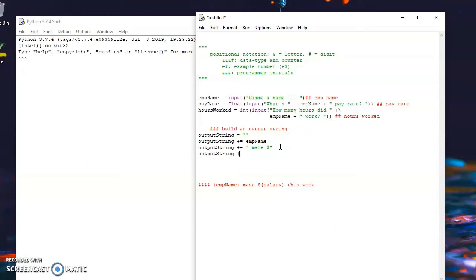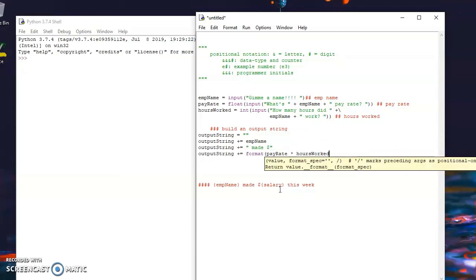Output string plus equals, well, now we're ready for the salary, which we don't really have yet. We'll have to calculate, but that's just going to be pay rate times hours worked, which if we multiply a floating point number times an integer, it's going to return a floating point number. But we need a string in order to concatenate it here. So we saw earlier, we could just cast it into a string, but we probably want to cast it into a formatted string. So we're going to format whatever value that is